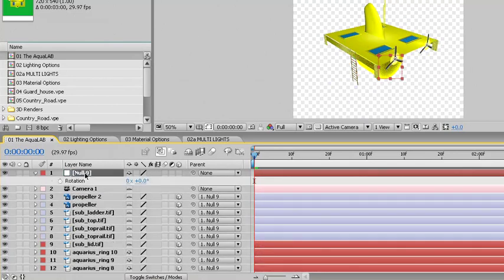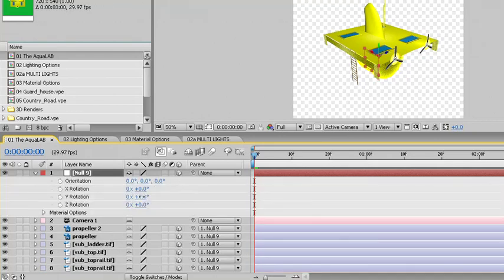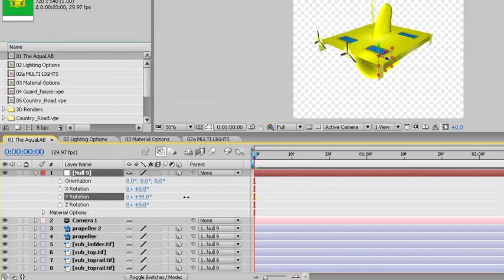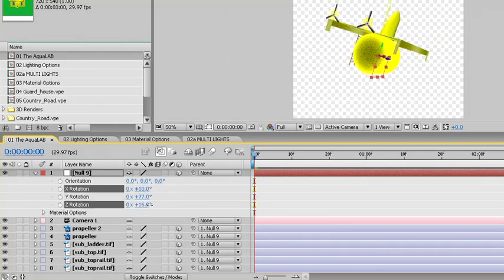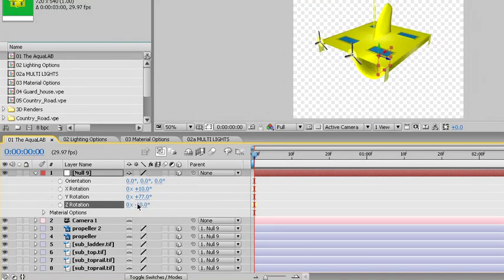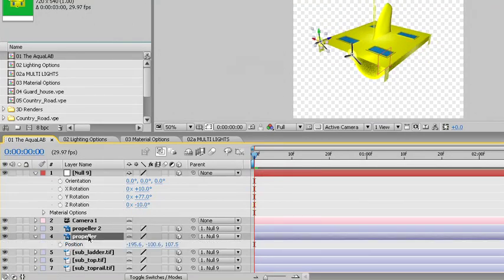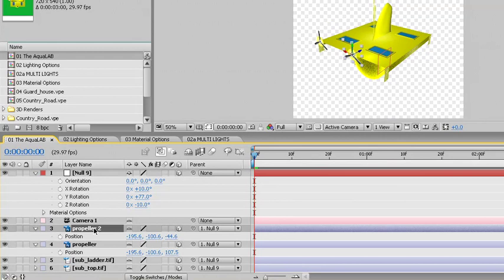If we type R on the keyboard to reveal the rotation values, we can see that they're only two-dimensional. Remember, we can make nulls 3D by clicking on the switch in the column. Now, by rotating the submarine around its new null parent, I can see that one of the propellers is off a little bit. All we need to do is go down into the parameters for propeller 1, which is layer 4, then open up the position values for propeller 2, and change the Z value movement